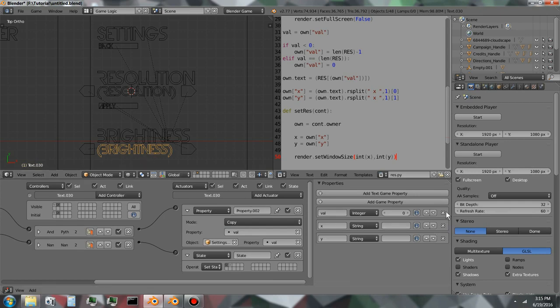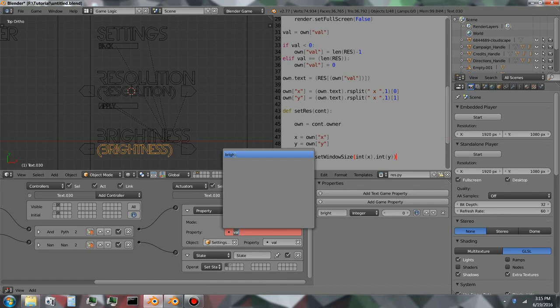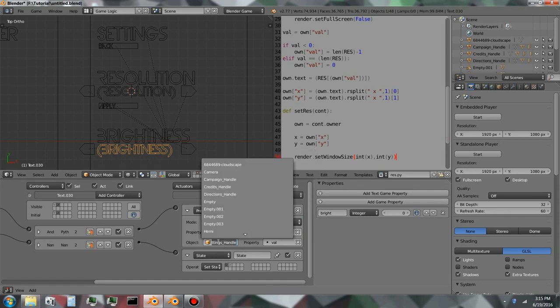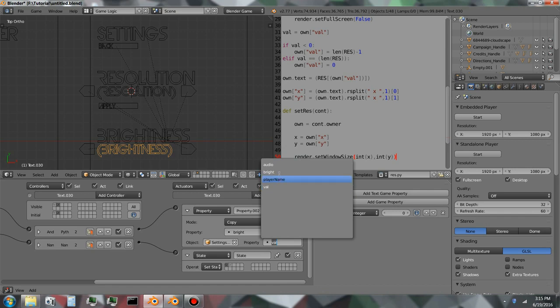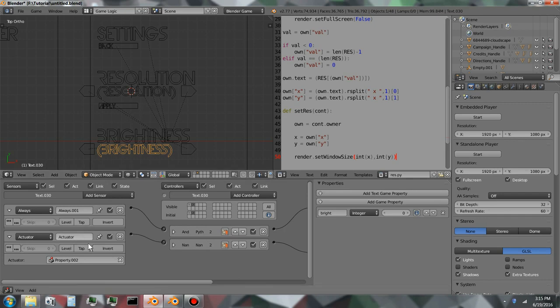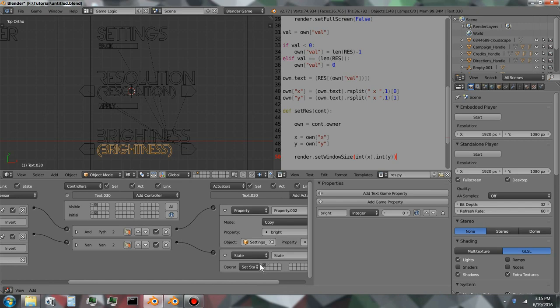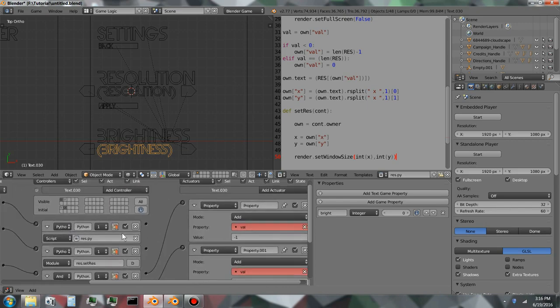Select this object and delete these properties. Add a new property called bright. Bright, make it an integer, and property bright, copy settings handle, and copy bright. Okay, so it's pretty much the same as this resolution object. So it copies that property, and after it does that, it goes to this state and change val to bright